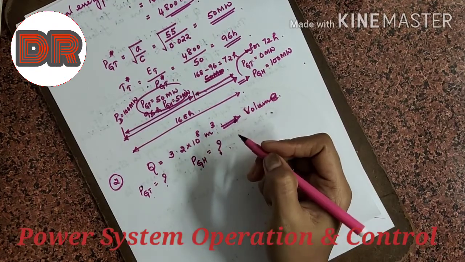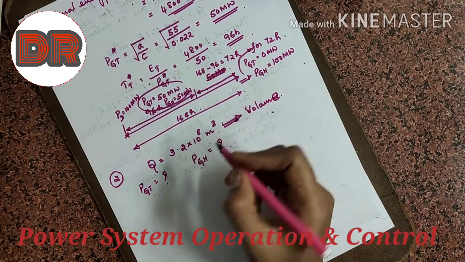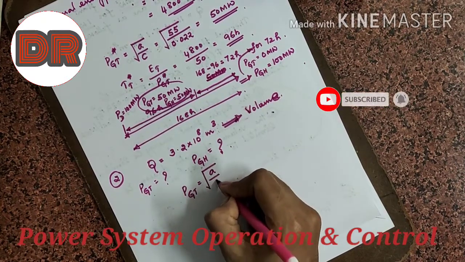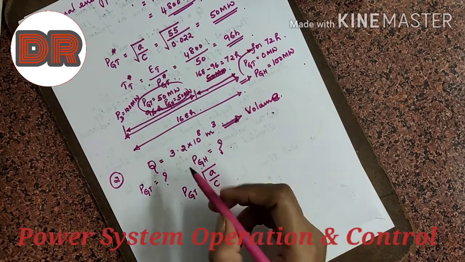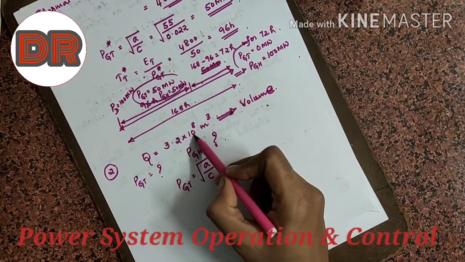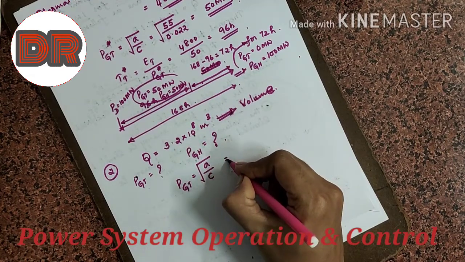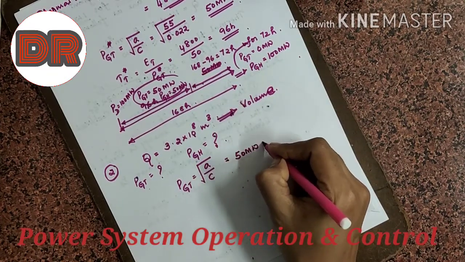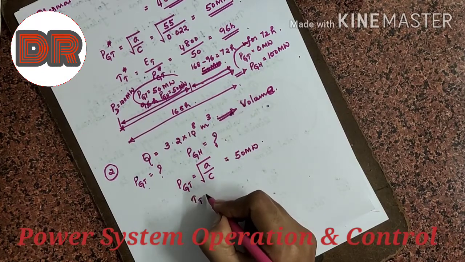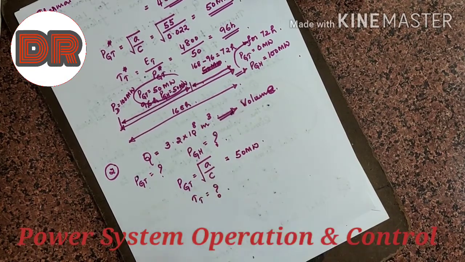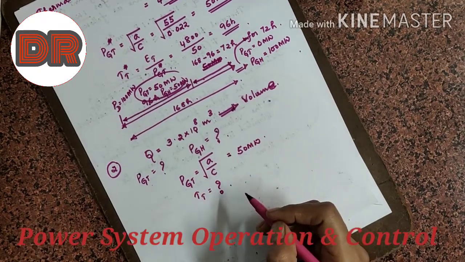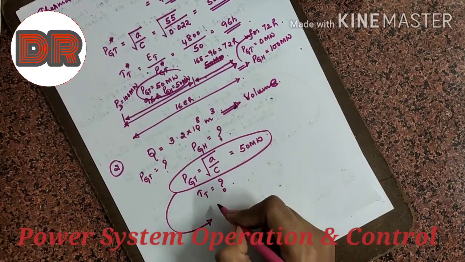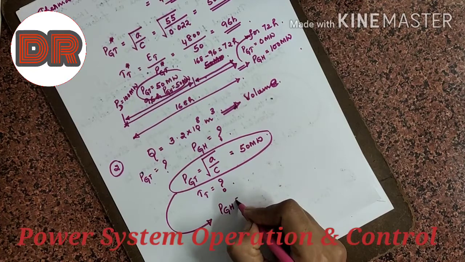But let me tell you that, while discussing the algorithm, we have seen PGT always depends on only A and C values of the cost function. So there is no effect of water volume or water discharge on PGT. So PGT still remains the same, that is 50 megawatt as previous, but TT depends on water discharge. So TT we have to calculate, but from this we can understand that if PGT is 50 megawatt, what is PGH? So PGH is 50.